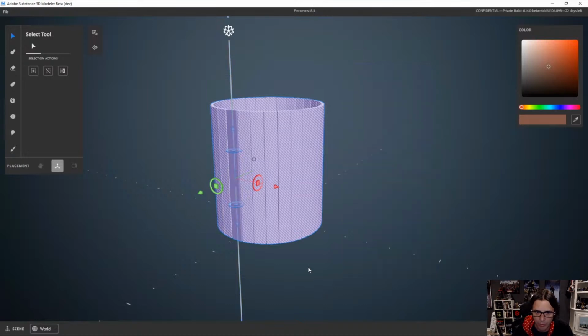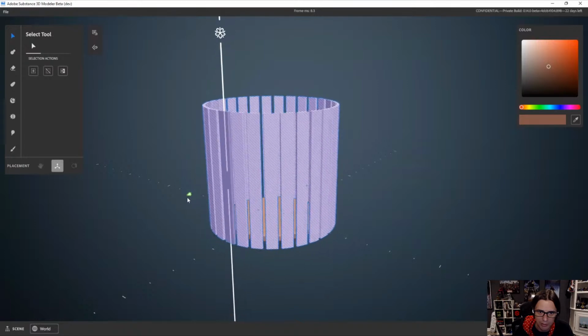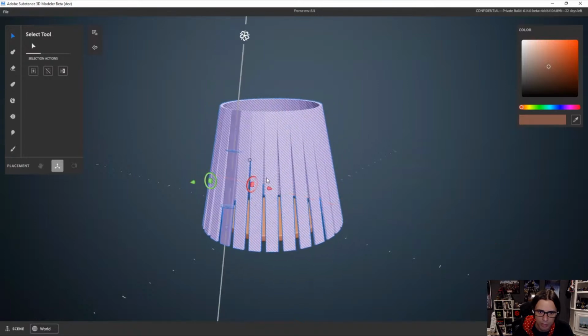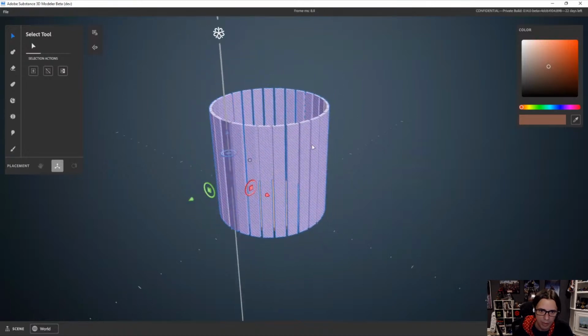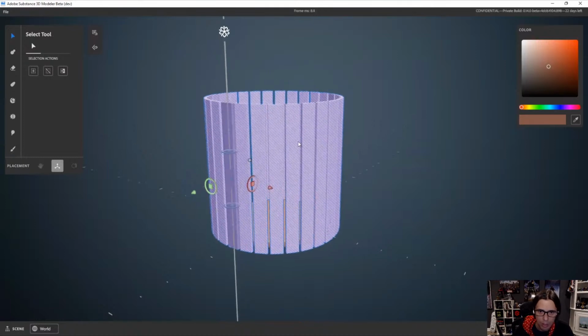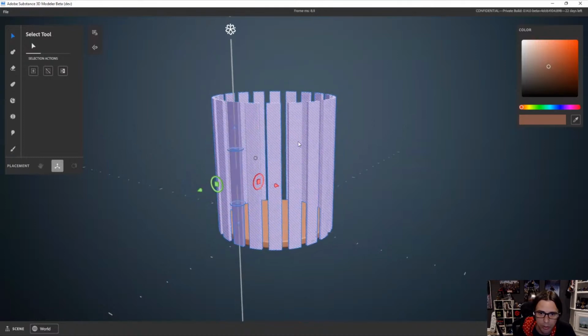And so what's really cool about this is these are all referenced or instanced. So if I move this piece, they all move together. If I rotate this piece, they all rotate together, and so on. And you'll see that as we do work on one of these pieces, it updates all the other ones. Okay, but one thing to note is I did this whole thing here in the center,